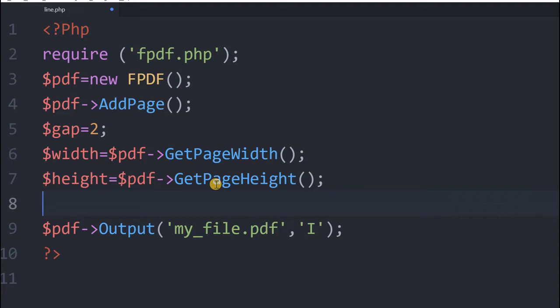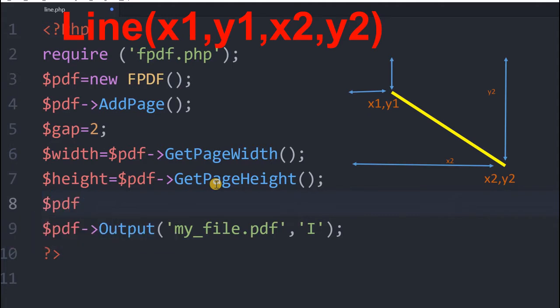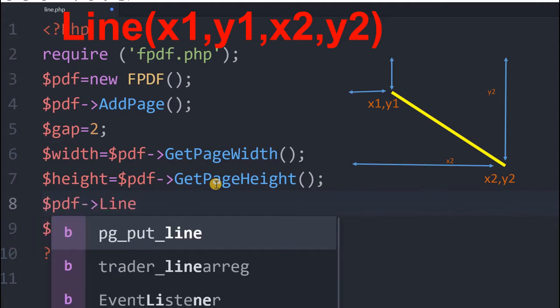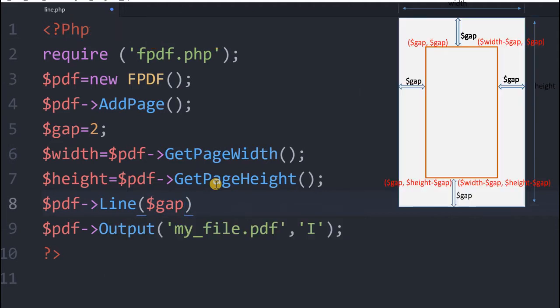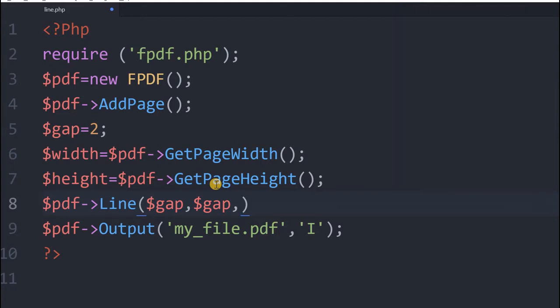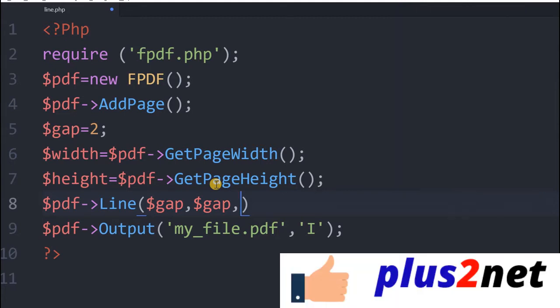Now we'll draw the first line, the top horizontal line. So we'll say PDF line. We'll start from our x and y of L1, the first position x1, y1. This is nothing but the gap, and y is also the gap coordinate. Now we'll go to L2, the end position of the line.